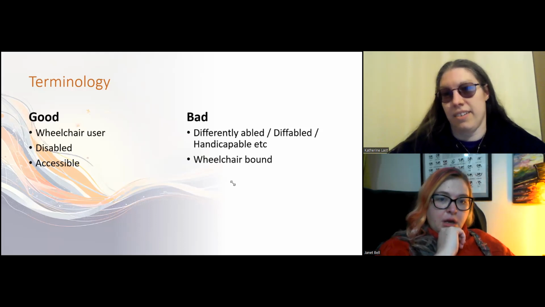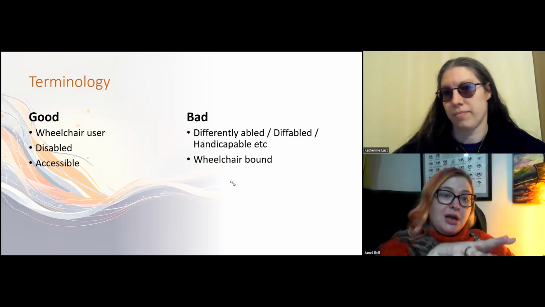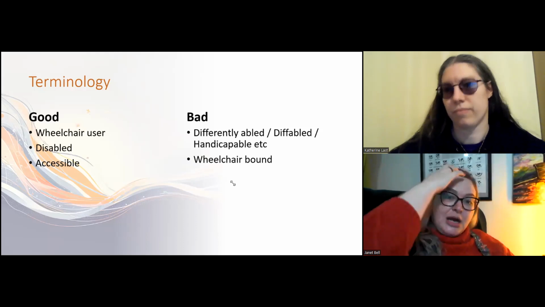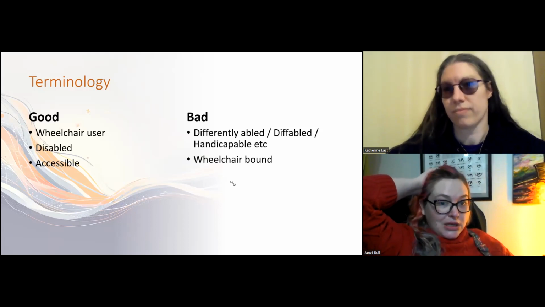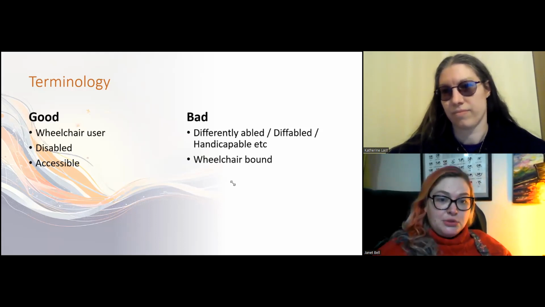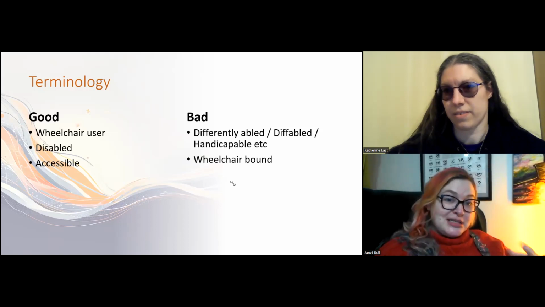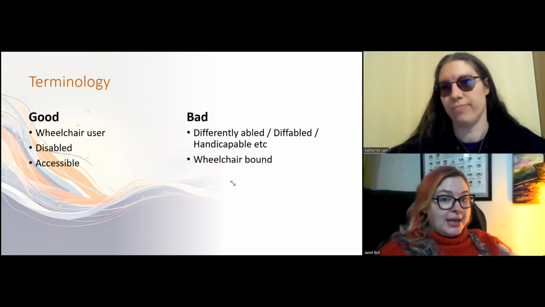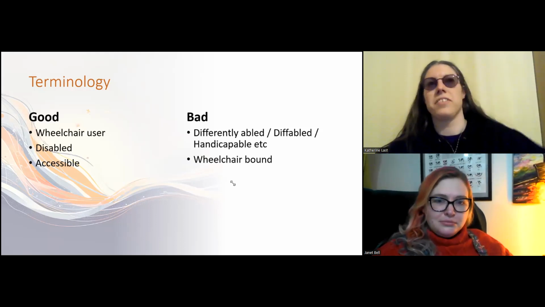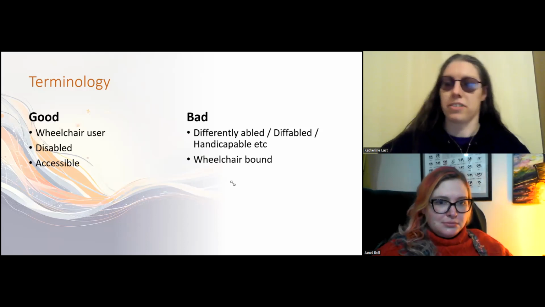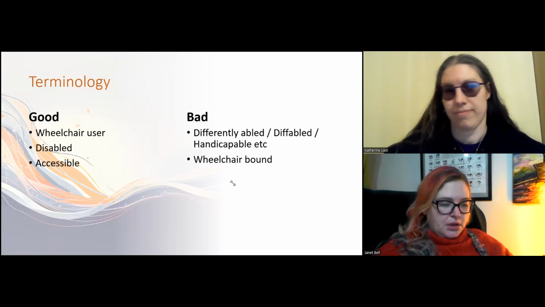Yeah. And also with terminology, we've written the word accessible here, and that is because if you call a toilet a disabled toilet, that means it's broken. It means it's out of order. It's not what it is, and it's an accessible toilet. And especially if you are using the word disabled toilet around people whose first language isn't necessarily English, it's not very helpful for them. They might say, oh, that's a disabled toilet. Oh, well, then it can't be used because it's broken. Yeah. Okay.